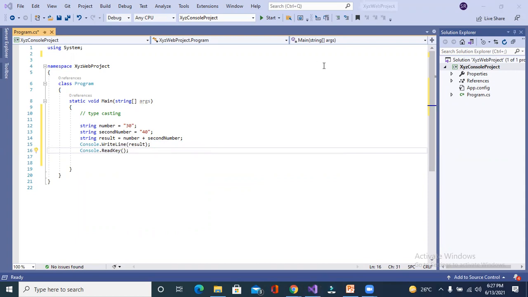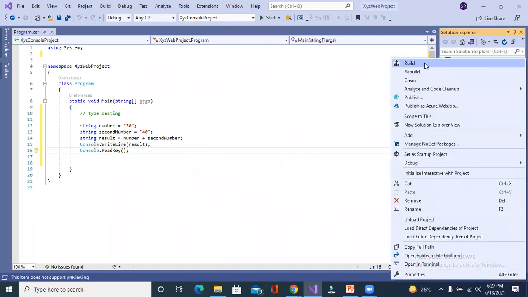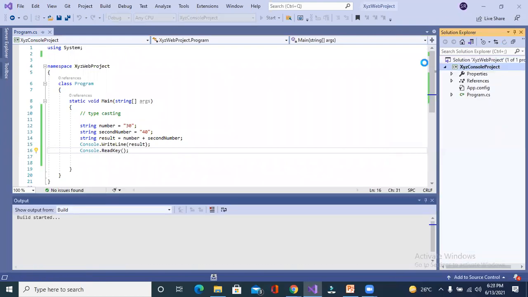No. Listen, after doing this, the first step is to build. You have learned C. In C, what did you do after writing the code? You compile your code, right? Yes, sir. If you want to compile the code in Visual Studio, what do you have to do? Simply right-click on the project, and you will find one option, build. Click on it. After build, if your build is successful, if there is no bug in your project, then you can run your application. Otherwise, you will get an error.